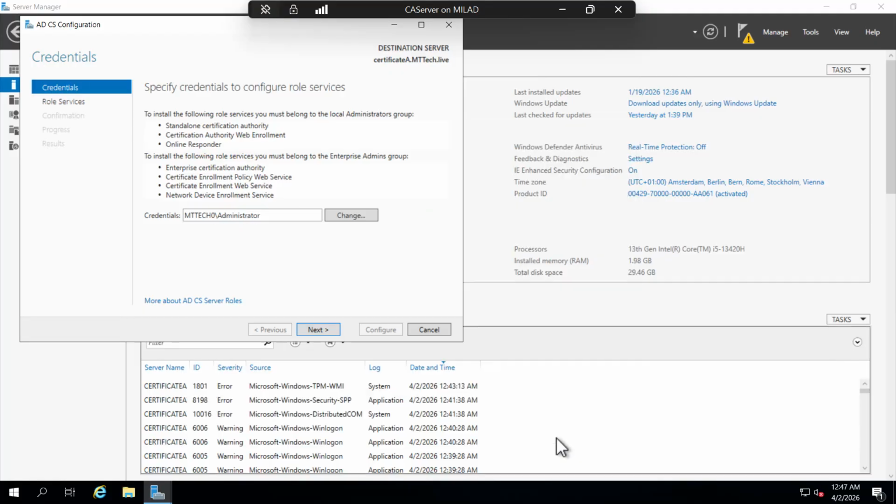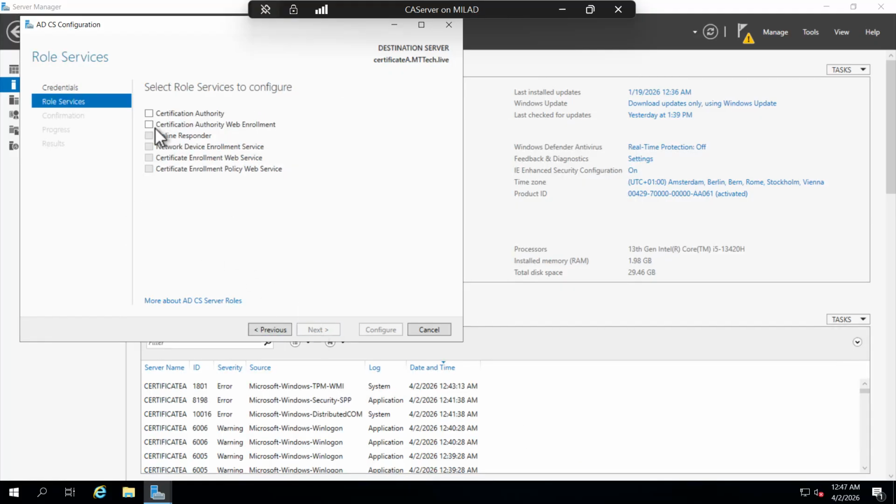Then next, then these two options, as I selected and installed. The first one is to convert this PC into a certification authority, which is very important. And the second option, certification authority web enrollment,